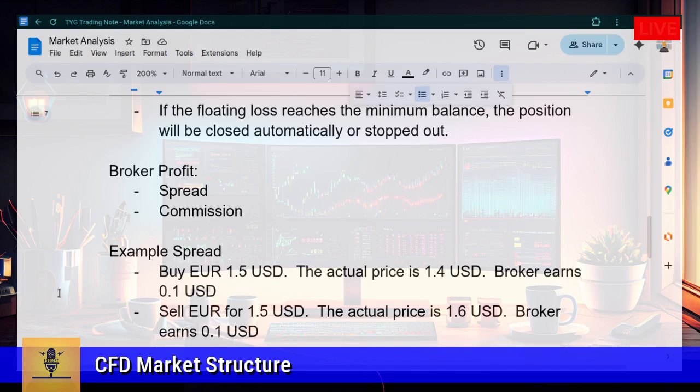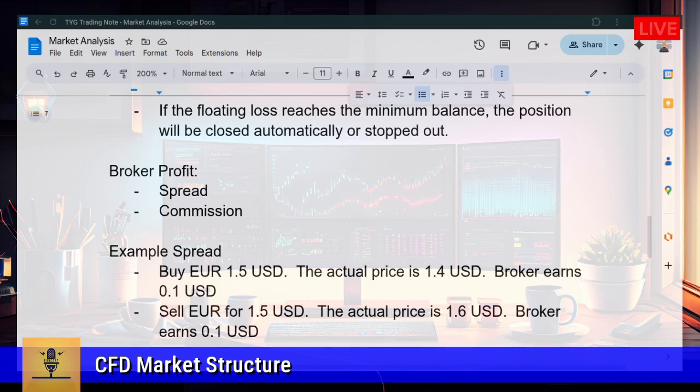The other scenario for a broker to earn profit is by asking for a commission. You may see in our accounts, there is a type of trading account that requires commission for every transaction. That means the broker will deduct from our balance for every transaction made. Simple, right? This is how a normal broker will operate.